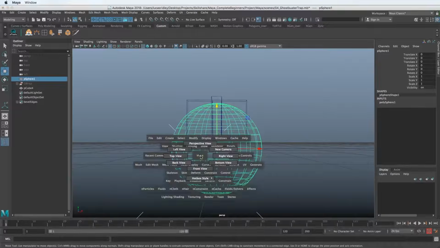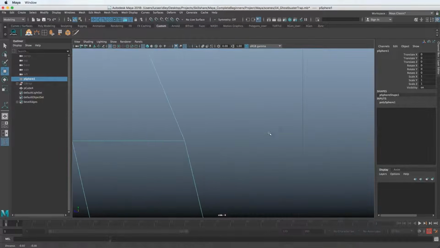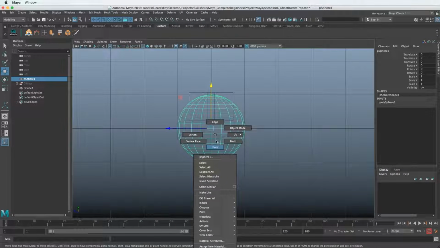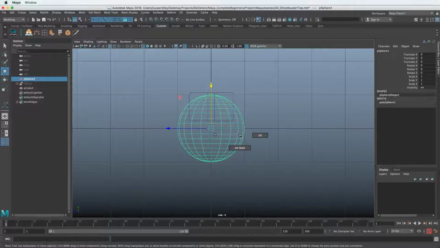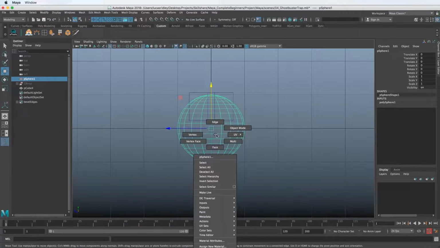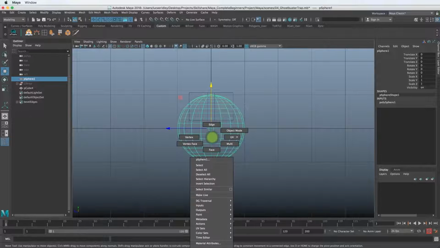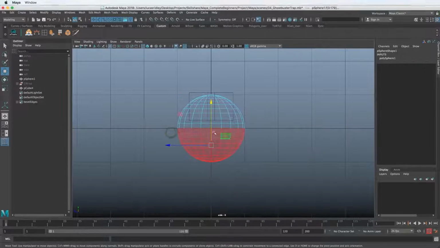Let's go into the right view, and let's go to face mode, right clicking on the sphere and going to face. And also, if that ever happens where you accidentally go into UV mode and now you're in a whole new menu, you can just hover back over the one you were in, the little gray dot here, and it'll go back to that menu. Or you can just let go of right click while you don't have anything selected, and it'll get you back to this. So let's go to the faces, click and drag all the faces below the half here.